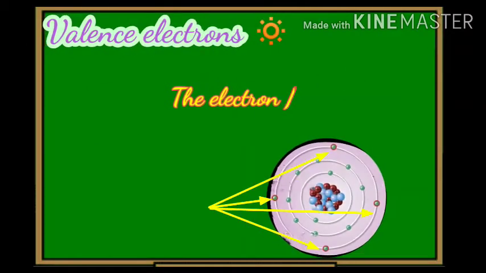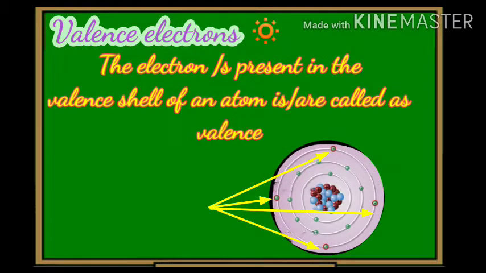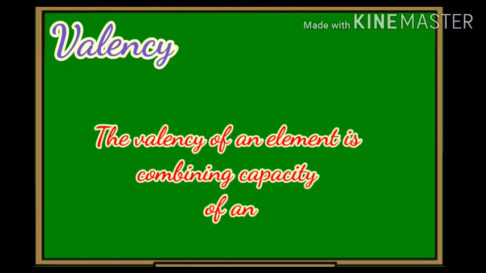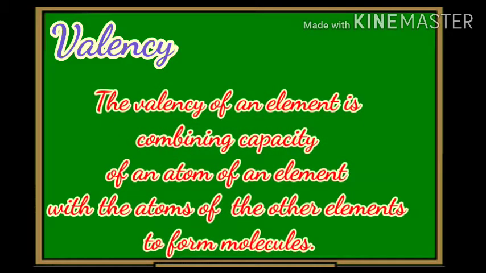Valence electrons. The electrons present in the valence shell of an atom are called valence electrons. The number of valence electrons varies from 1 to 8 for the atoms of different elements, and the valence electrons of an atom determine the valency of that element. The valency of an element is the combining capacity of an atom of an element with atoms of the other elements